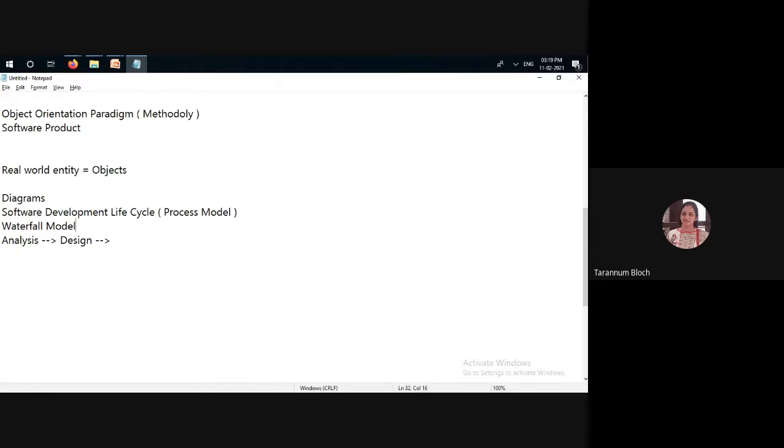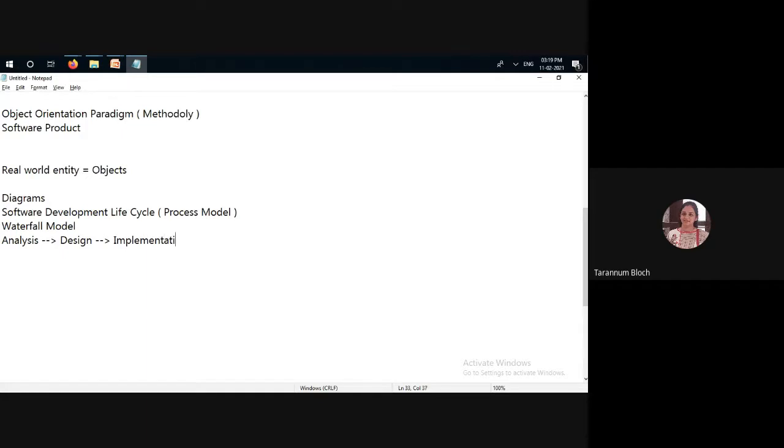So analysis and design are the phases where you need to think before writing the code. Analysis is phase 1, design is phase 2, and the third phase is coding, or you can say implementation. Implementation means writing the code, right?